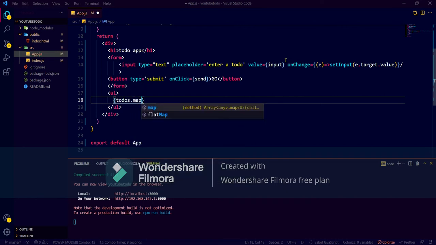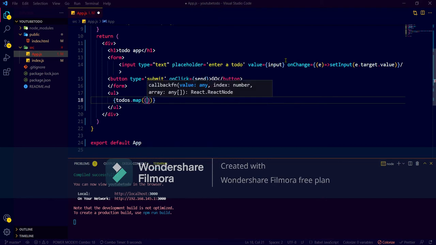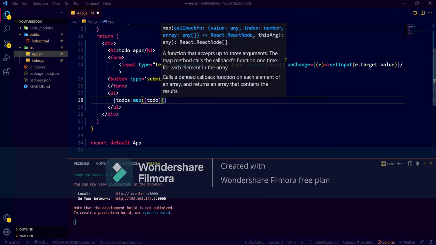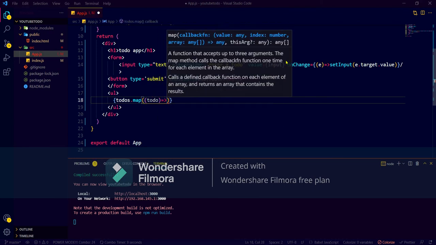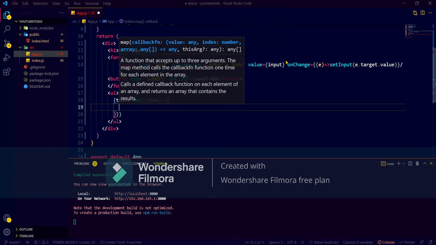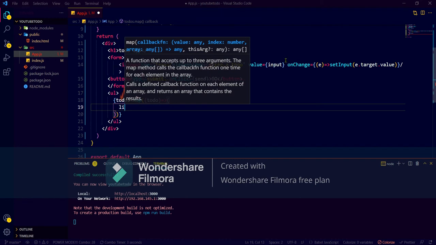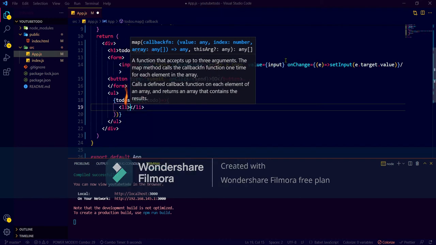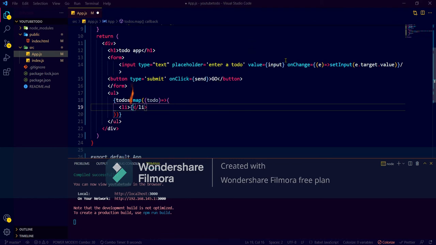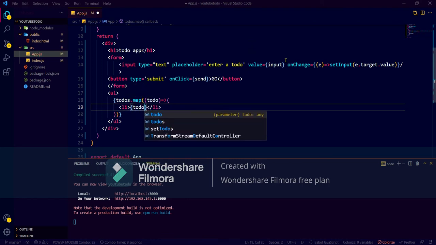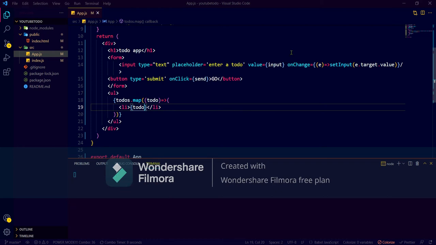We are mapping the whole of the todos, and we have to map each todo. So we type todo and an arrow function, then a bracket, then press enter. And here, in the list li, we will map each todo. Hit enter and save it.